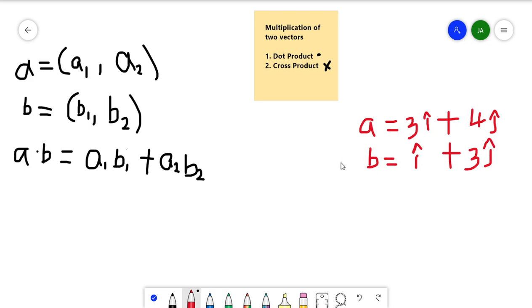Now if we want to find the dot product of this, all we have to do is multiply the components together. So we'll have that A dot B